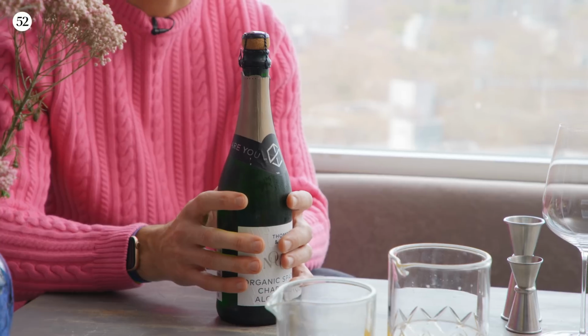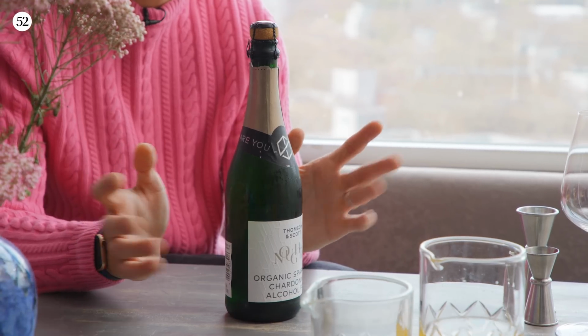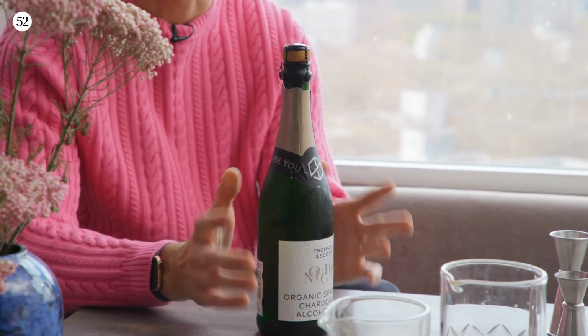Non-alcoholic wine is actually wine. It is wine where the alcohol has been removed, either through a physical process like temperature or pressure. So it's not something else, it's really real wine that has had the alcohol removed from it. And there's been an explosion of brands in the past couple of years, and non-alcoholic wine is getting really good. So it's a totally viable option. Again, if you want to use any kind of sparkling wine, you're very welcome to, but for tonight,